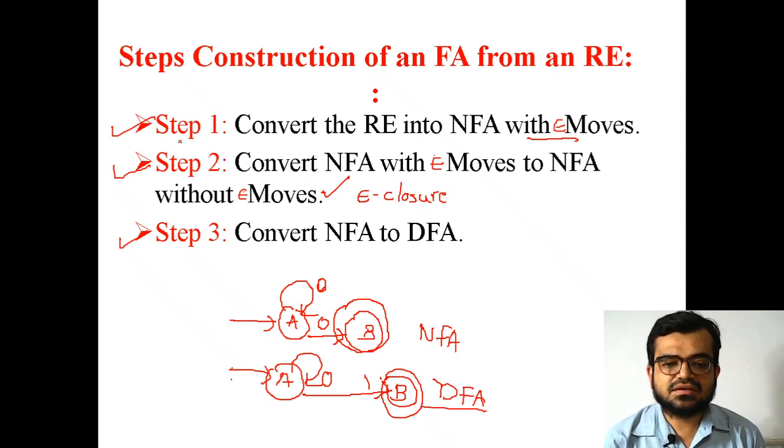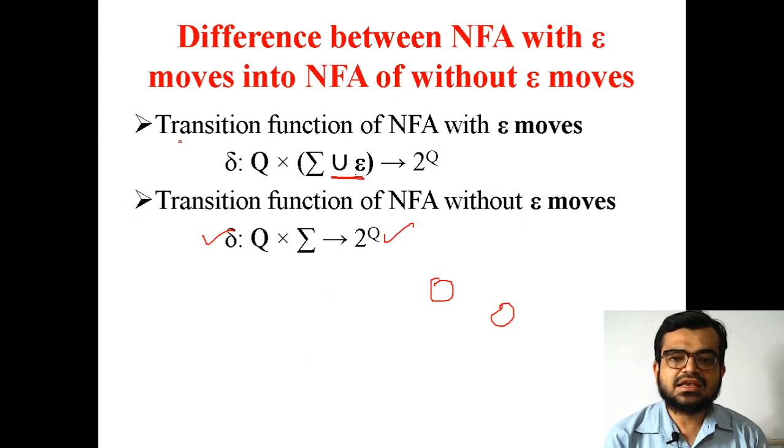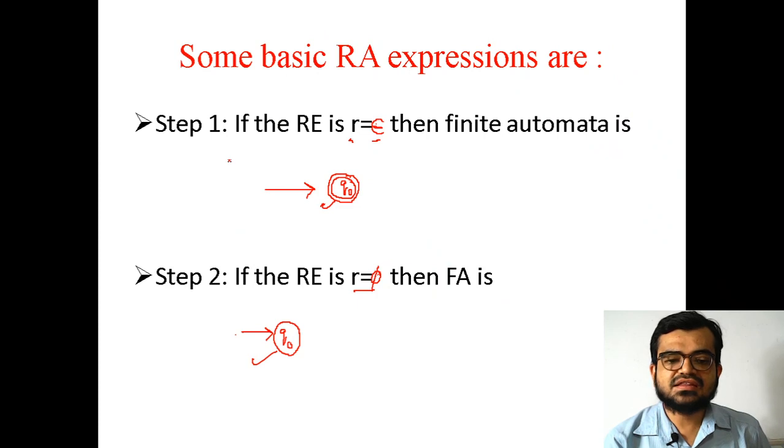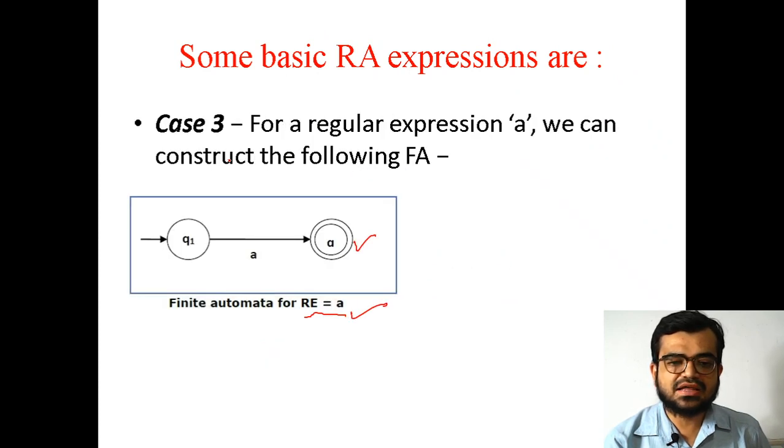As I said already, what is NFA and what is DFA, the differences I also said. Also there is a difference between NFA with epsilon moves and NFA without epsilon moves. If you see in the transition function, for every symbol set, a union operation is associated with the epsilon operation. The number of states will be the same, but the epsilon moves are also performed with a union operation with the symbol set. Now we have taken some basic examples of regular expressions, showing how they get converted